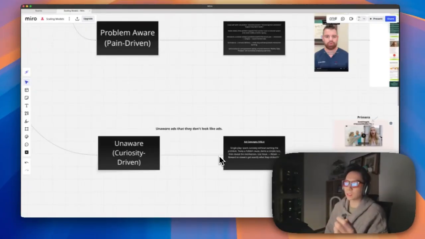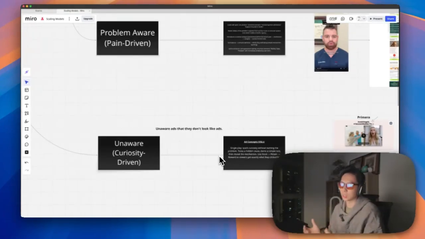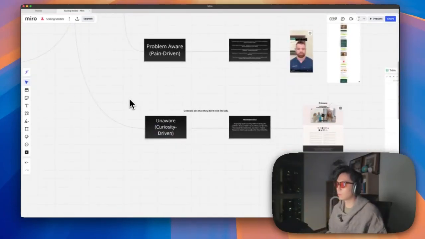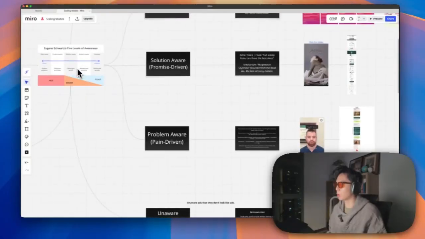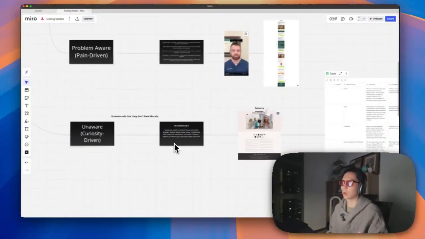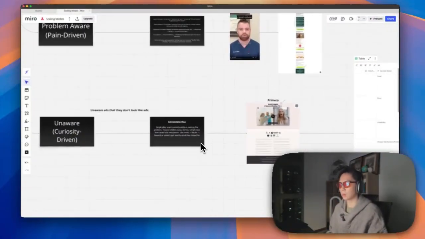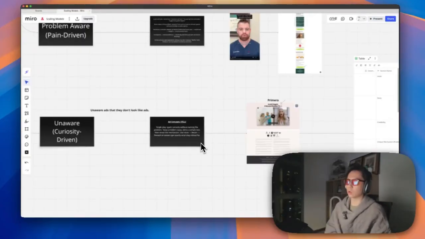And so your aim is really not to sell the product upfront. You're just trying to build curiosity, tease a mechanism, and essentially bring them through a series of logical arguments in your sales letter so that eventually when it reaches the end, you introduce your product as the solution to whatever you have mentioned in the earlier parts of the sales letter. And the reason why I love this way of selling is because you're really opening up a lot of new audiences and eyeballs. People that are in the problem aware or unaware stages, where they're just really trying to figure out or hear more about the story, and then you position the solution at the end of it.